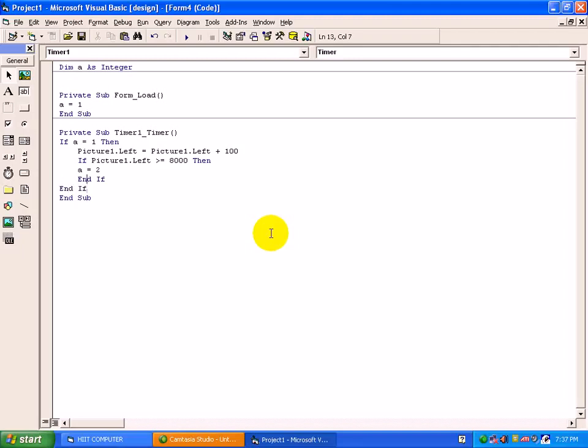As we have purposely specified, if a equals 1, then only plus 100 should work. But when the picture reaches a particular 8000 position, then a equals 2.